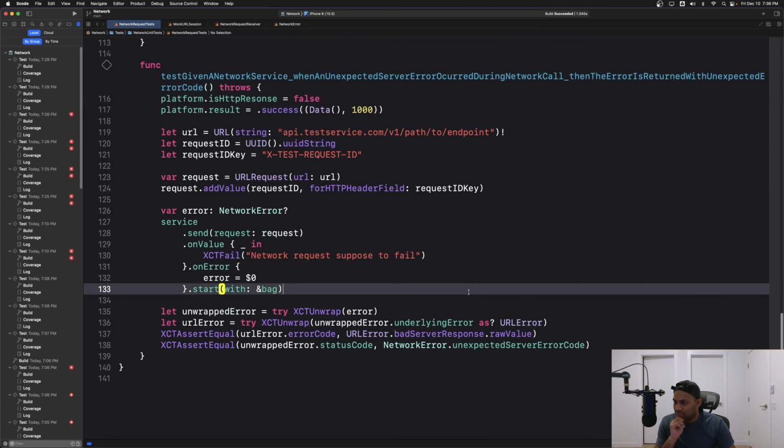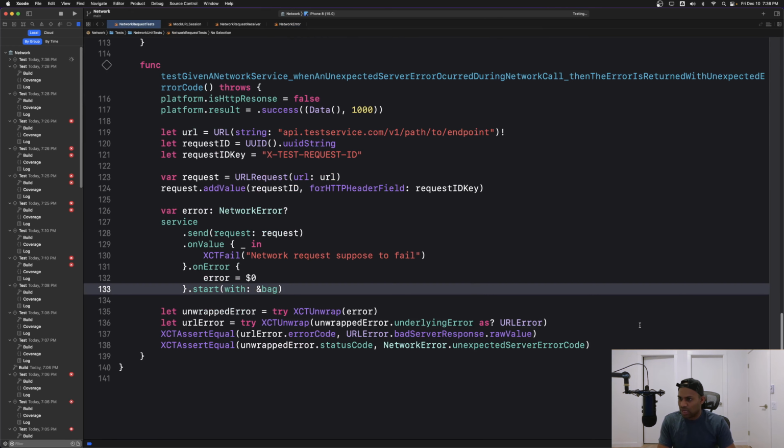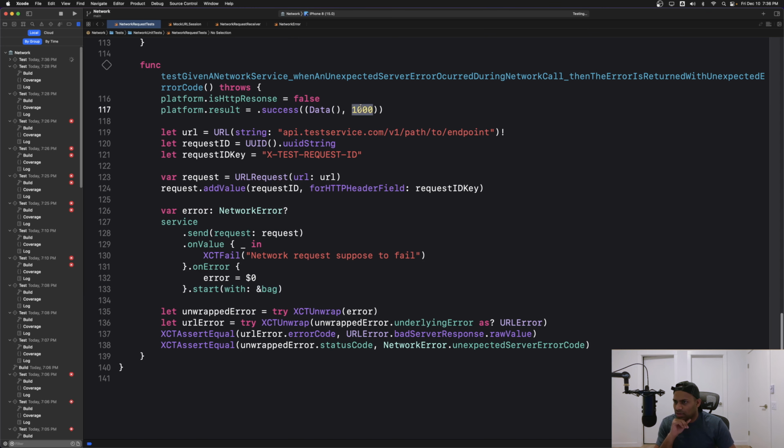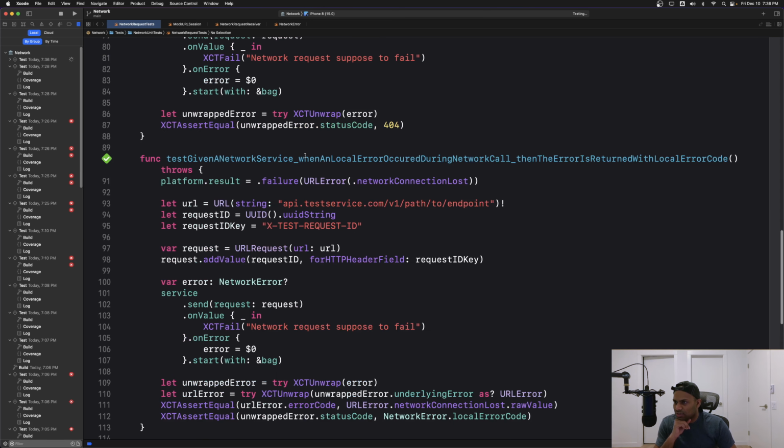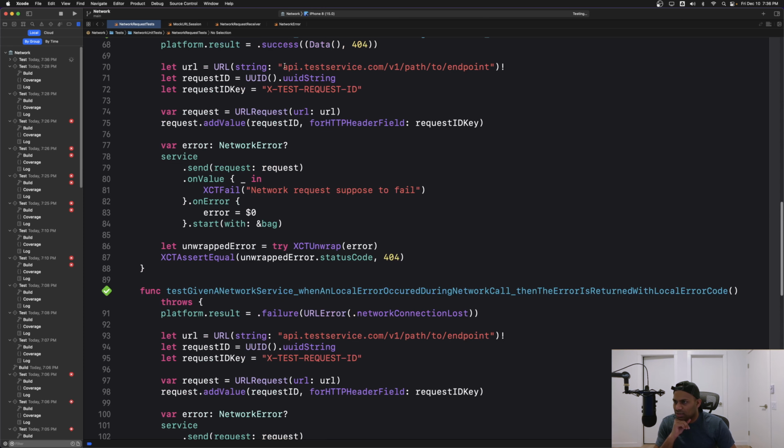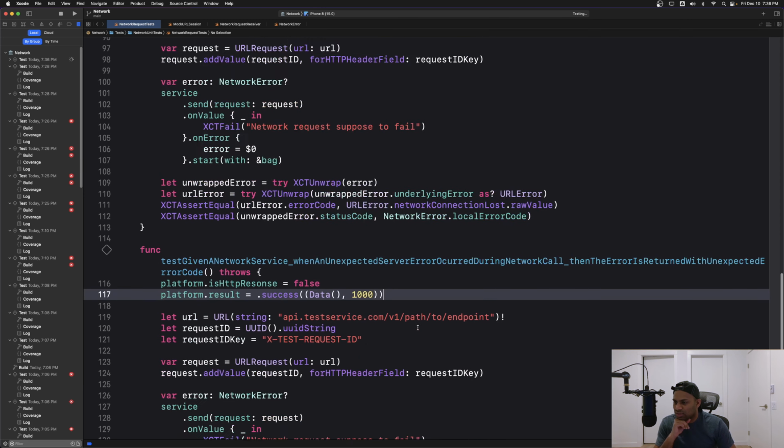Okay. This should run and compile. It doesn't matter what we send here. Maybe I need to come up with a better way. When we look at this test, it looks like it's a success. Even in one of the things right here, it should be an error. But anyway,